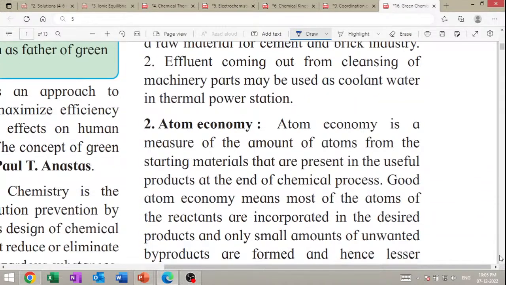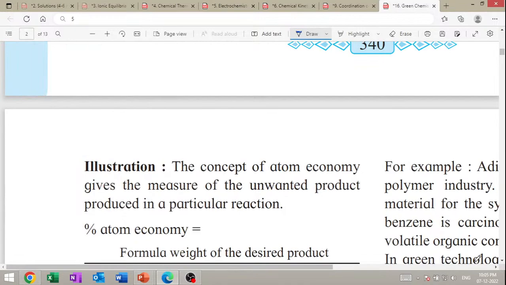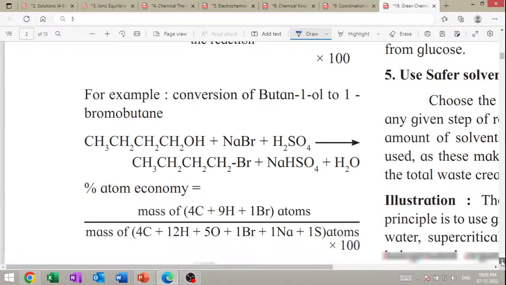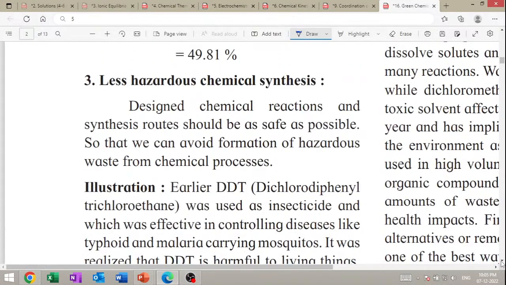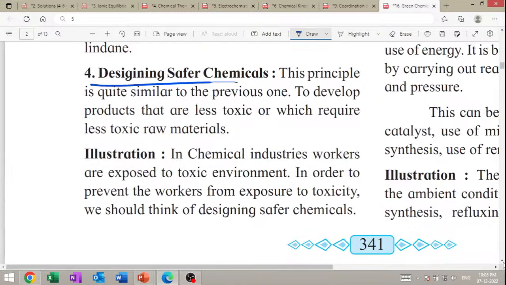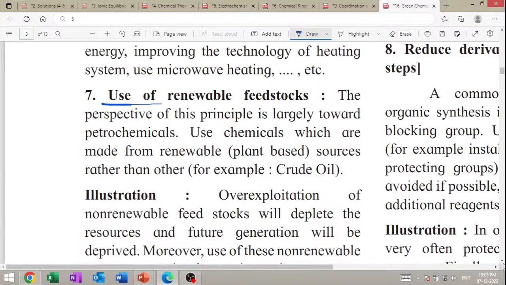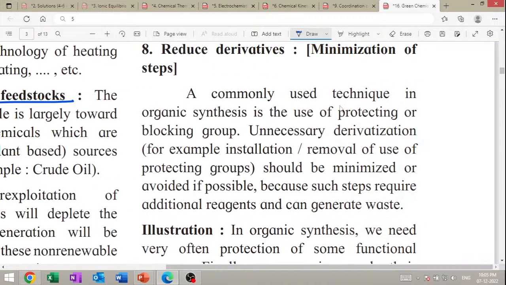अंडरस्टूड. तर यस, दिस इज द ॲटम इकॉनॉमी. नंबर 1 दॅट्स एनर्जी इफिशियन्सी, दॅट्स रिड्यूस द बाय प्रोडक्ट. ठीक आहे. तर त्यानंतर एक्सप्लेनेशन काय द्यायची गरज नाही तुम्हाला. लेस हजार्डस केमिकल सिंथेसिस, these are the principles. त्यानंतर डिझायनिंग फॉर सेफर केमिकल्स, त्यानंतर यूज ऑफ रिन्युएबल फीडस्टॉक, ओके, रिड्यूस द डेरिवेटायझेशन. That's a principle, you should know this one. ते स्टेटमेंट तुम्हाला माहित असावी.